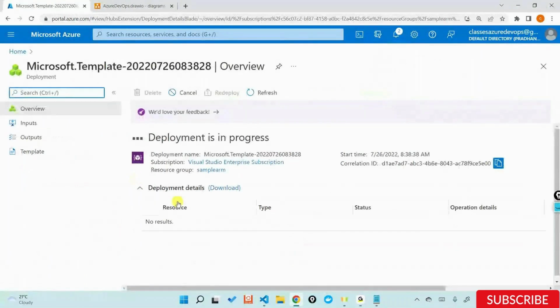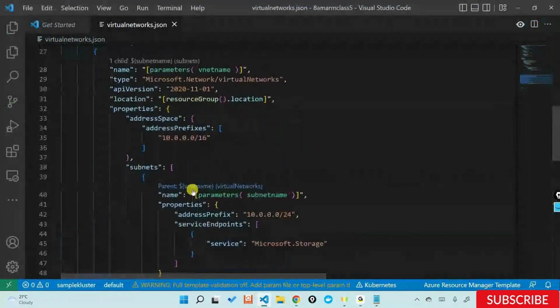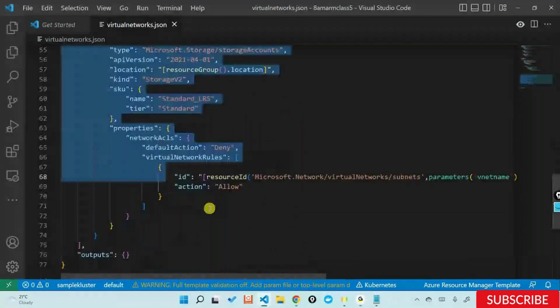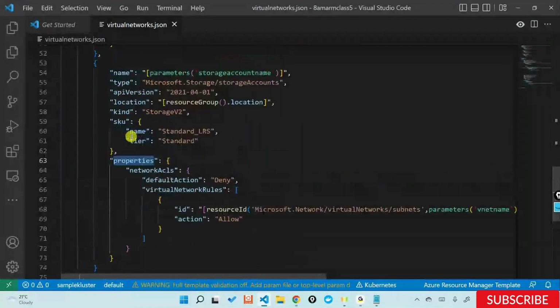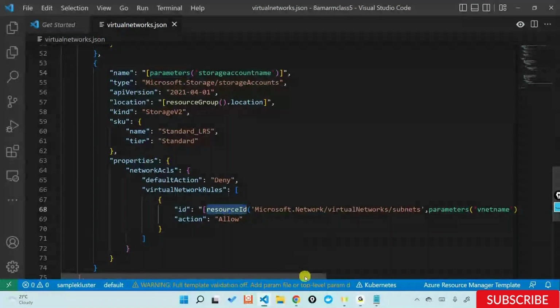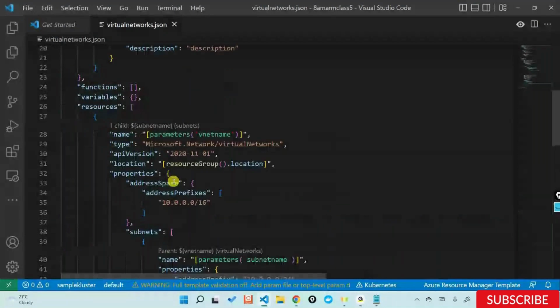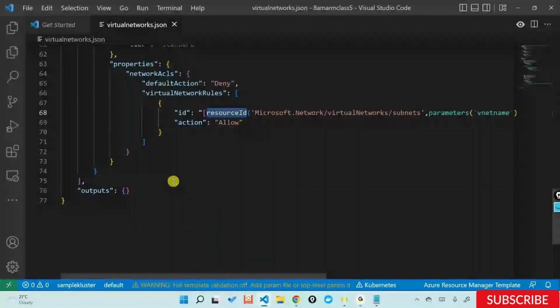And I'm creating two resources parallelly, but this is the catch. If I create both the resources parallelly, I don't have control on the dependency of it. Meaning, it is quite evident from my template that the storage account creation will depend upon the existence of this particular resource ID called what? And a subnet can only be created when you have the virtual network. That's when you'll have a subnet, and that's when you'll get this particular ID out here. But